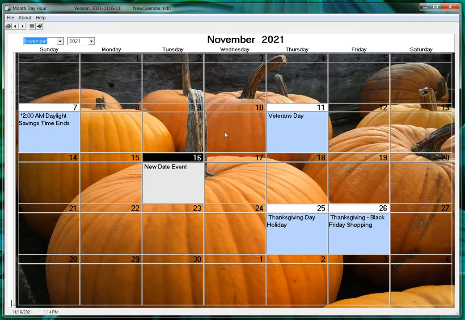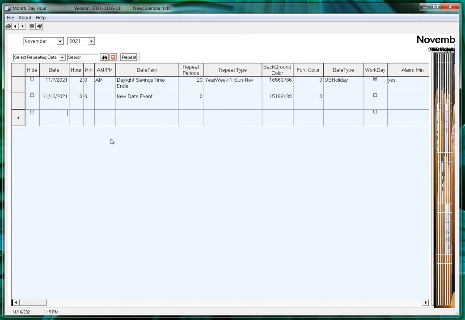Now you can go ahead and put your birthdays and anniversaries on here. So let's put a birthday on the calendar, and let's say it is going to be 11/21/2021. And this is Joe Campbell's birthday. I always like to add the birth year after this, because you're always wondering how old that relative of mine is. So let's say